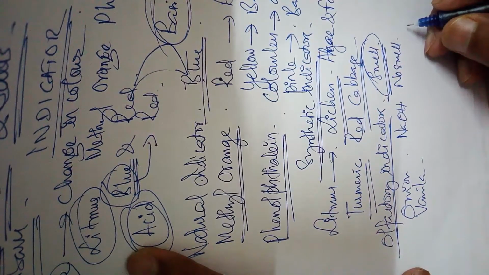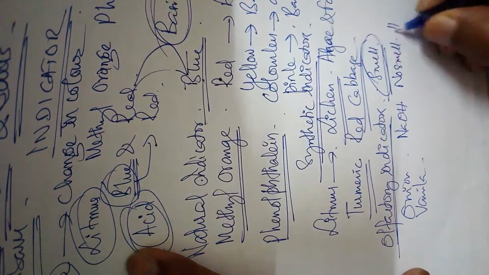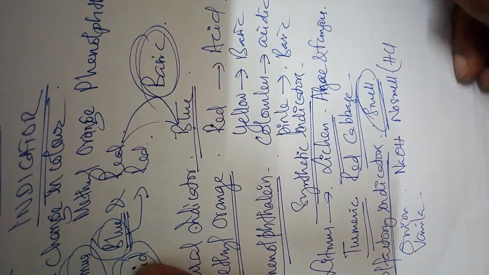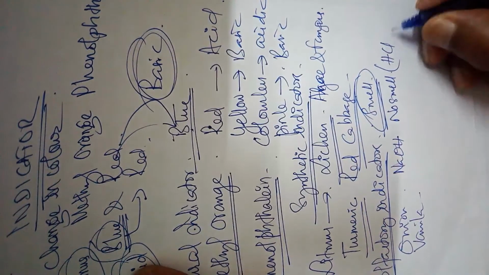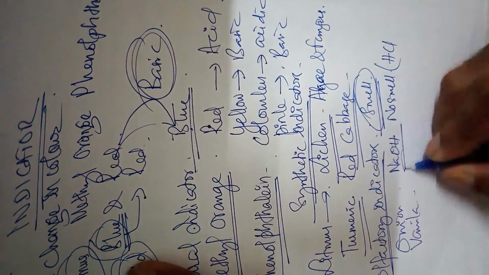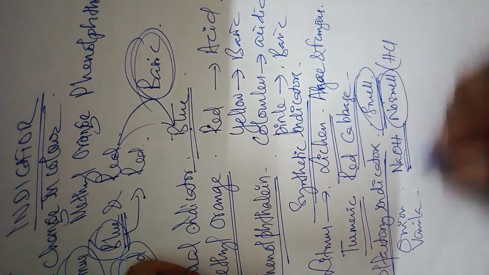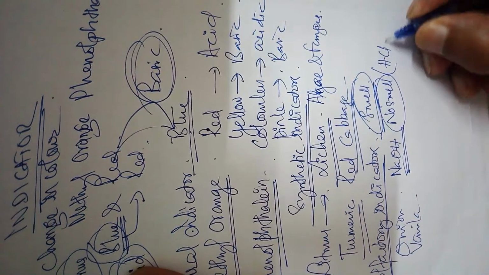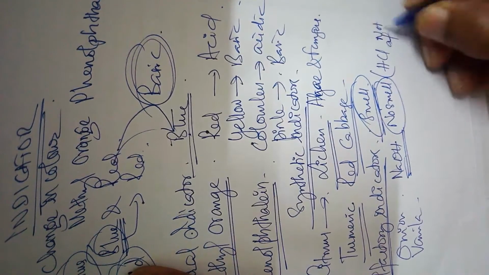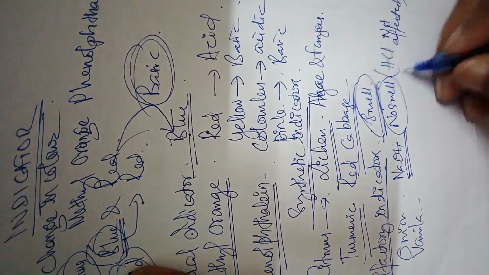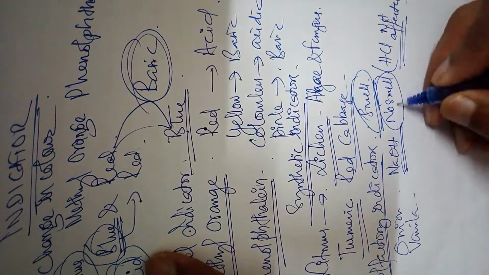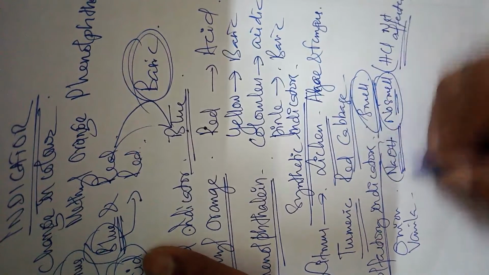An acidic solution like hydrochloric acid, HCl, does not destroy the smell. In basic medium, it destroys the smell of onion, and hydrochloric acid does not affect the smell. If the onion smell is not affected, that is an acidic medium. And if there is no smell, then it is a basic medium.